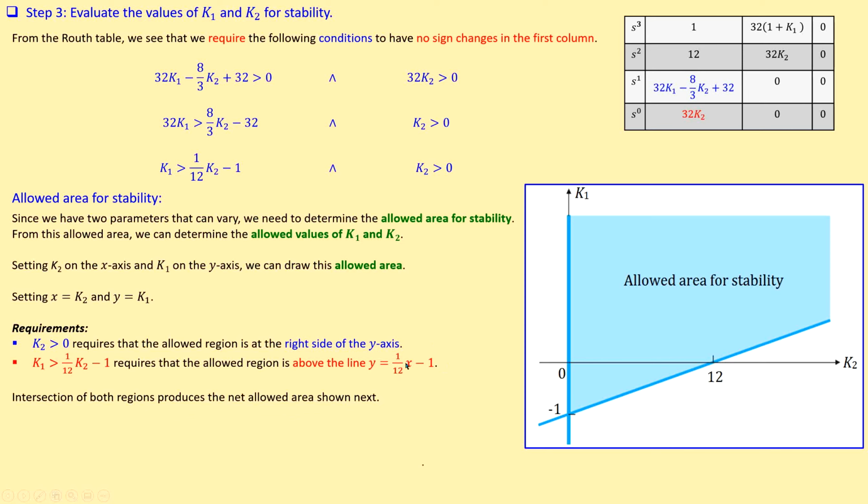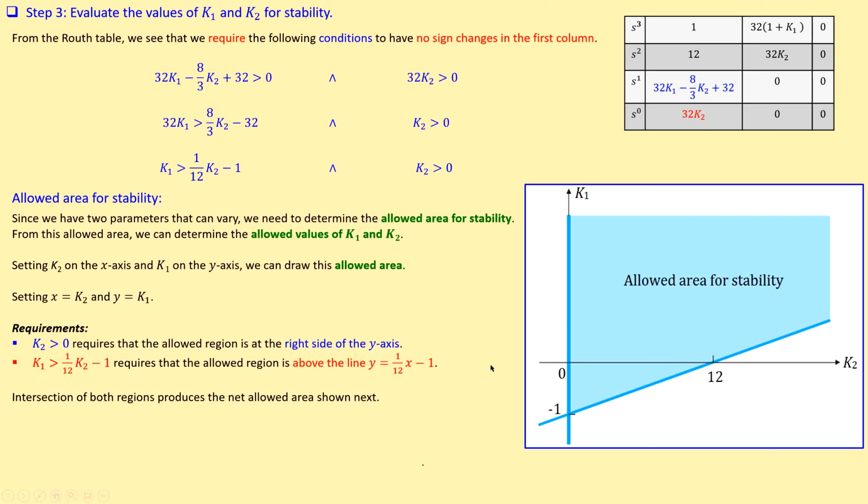For example, if you make x equal to 0, which is K2 of course, then you will have 0 minus 1, which is of course minus 1. So it starts at minus 1. And if you substitute here 1 for K2, you will get 1 minus 1, which will be 0. So you can actually check 2 points, and that will be sufficient for this linear